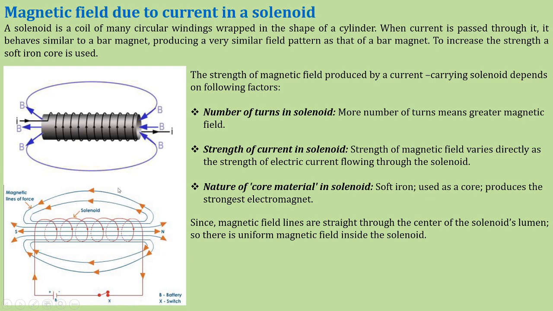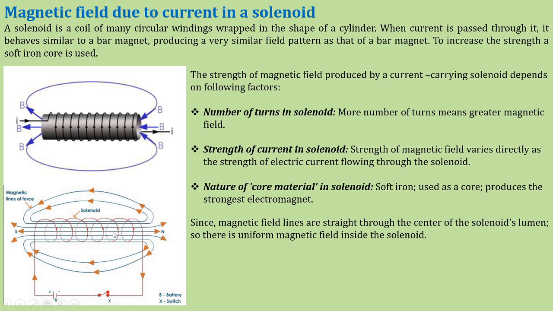Now remember one thing, this type of solenoid produces electromagnets, and electromagnets are temporary magnets, not permanent ones. As long as current flows through the circuit, it will exhibit its magnetic property. But as soon as the connection is off, that is, you switch off the current, then and there the magnetic field will be gone. It will not show any magnetic field anymore.